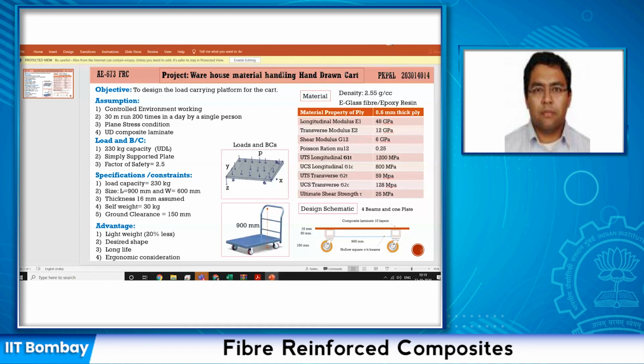So for example, he has made it clear that this has to be in a warehouse or in some place, not on roads. So that is another important point, because when you're designing a product, if you don't specify the user environment, then people will take your cart to some rugged road and say the cart is not working. So if it was not designed for that, you can say this is not designed for that. But these specifications, if you don't put them in the beginning, later on again you will be held responsible as an engineer for failing the design requirements.